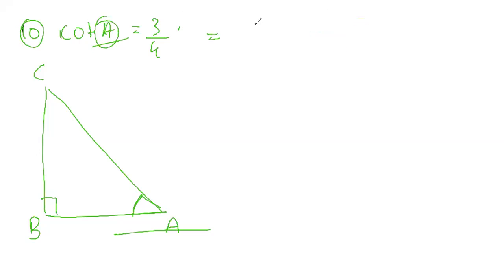So cot A basically means the reciprocal of the value of tan theta. Tan theta means perpendicular upon base, so cot A will be base upon perpendicular. So 3 will be the base and 4 will be the perpendicular. Accordingly, with respect to Pythagoras theorem, we find our hypotenuse. 4 whole square plus 3 whole square is equal to 5 square, so we'll get our value as 5.